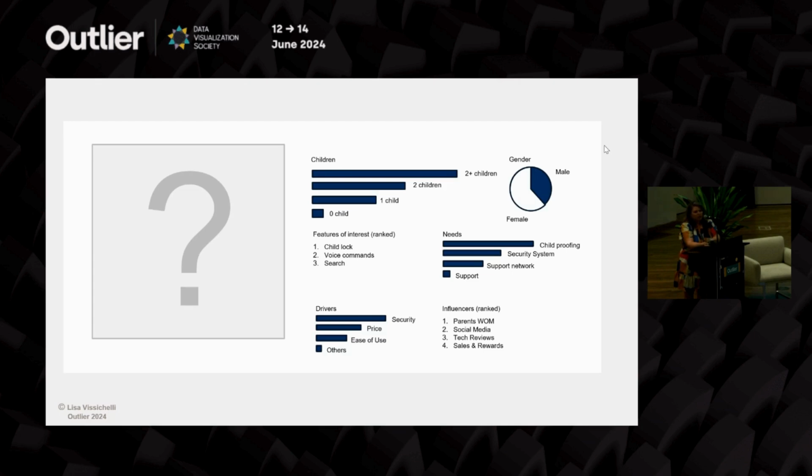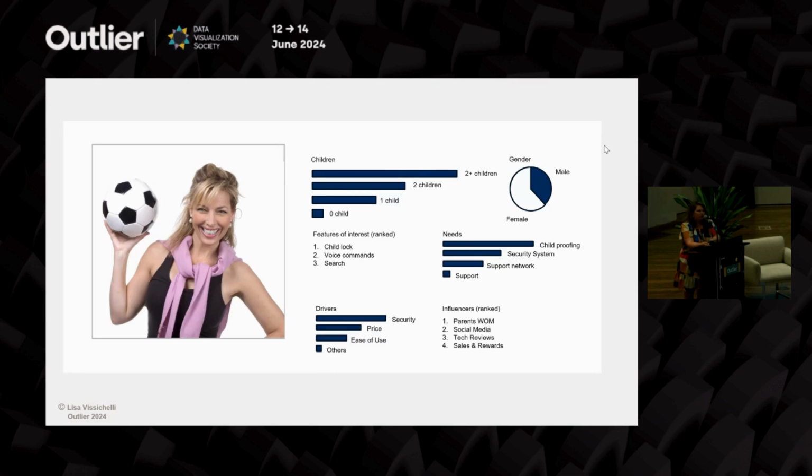So let's look at a common stock photo that could have been used for this situation. Now, I know we looked at this picture a moment ago for the mom profile, but let's take this apart a little bit more. What are we seeing in this image? Can I get any shout outs for what we see when we look at this image? Soccer, yeah, there's a soccer ball. Anything else? Thin and able-bodied. Right, thin and able-bodied. Can I get one more?